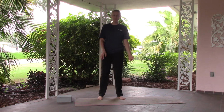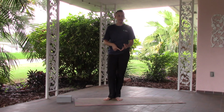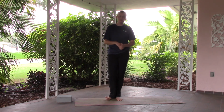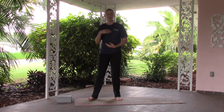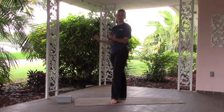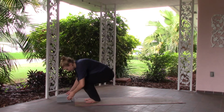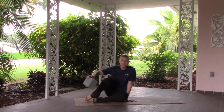So I'm just going to leave you with those three. Mountain, warrior one, warrior two. And the last thing we're going to do is just seated cross-leg and kind of soothe the system, calm it down before we end our time together. Gently bring yourself down to seated. If you have a block,